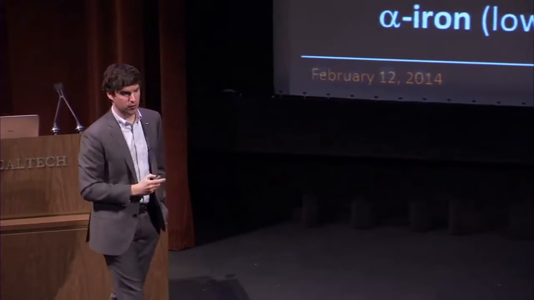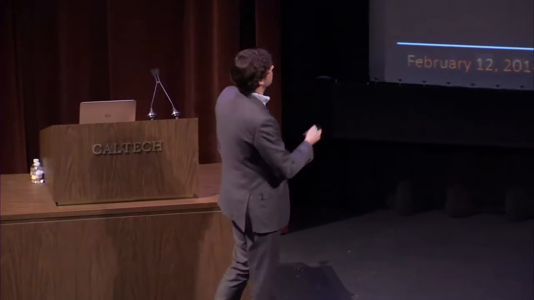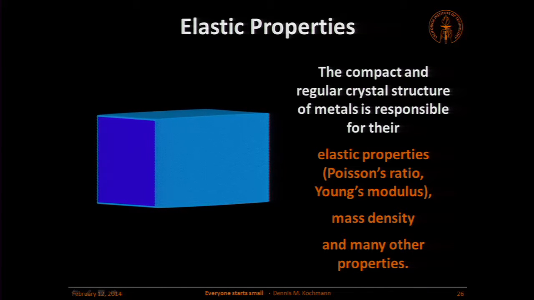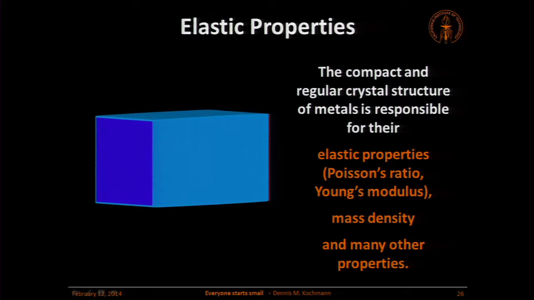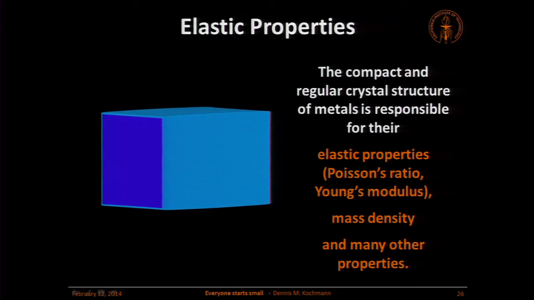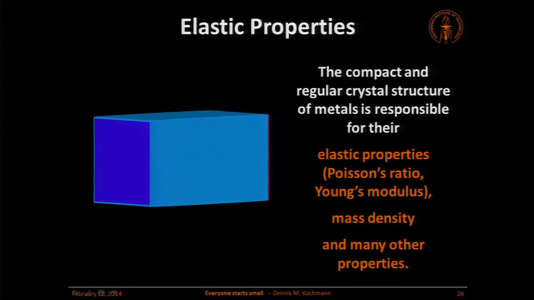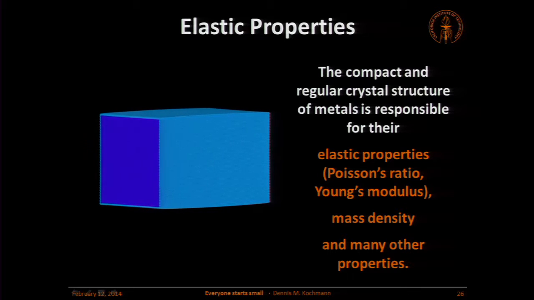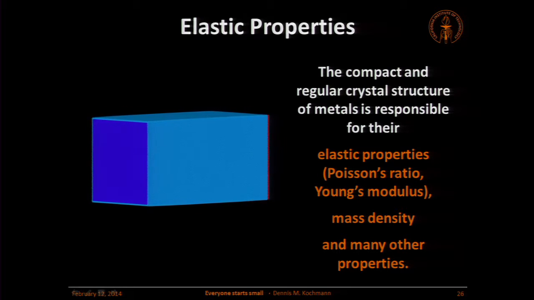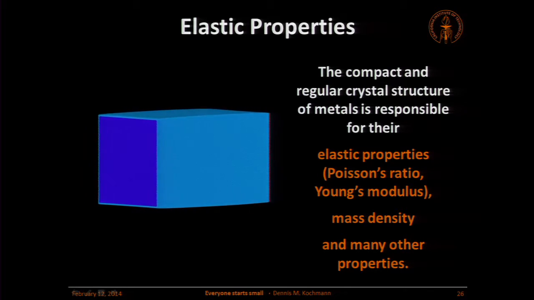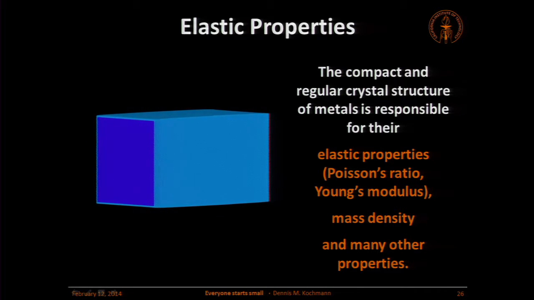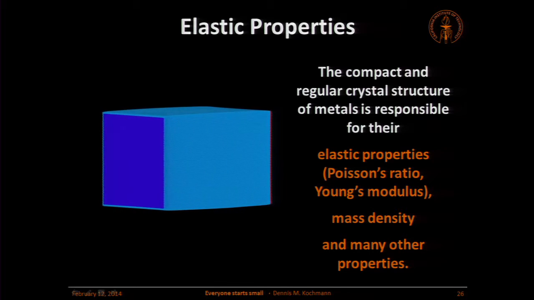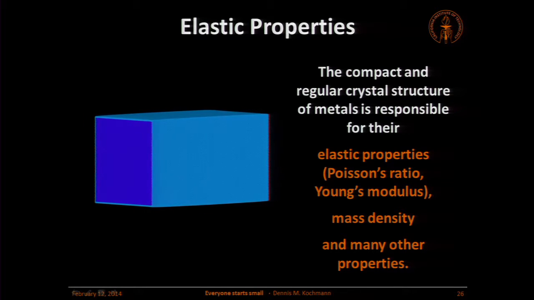And it is this crystal structure that gives rise to many of the properties. For example, the elastic constants. If we look at this block, this is a block of copper being compressed. All the atoms are very neatly arranged, and as you push it, of course the atoms can't do much. They can only expand because they're lined up so neatly. Every atom is moving in exactly the direction where it's supposed to go. They're still trying to keep their neighbors at the optimal distance, so the entire crystal is expanding, and this is exactly what we see as Poisson's ratio. We push it, it gets fatter. We pull on it, it gets thinner.